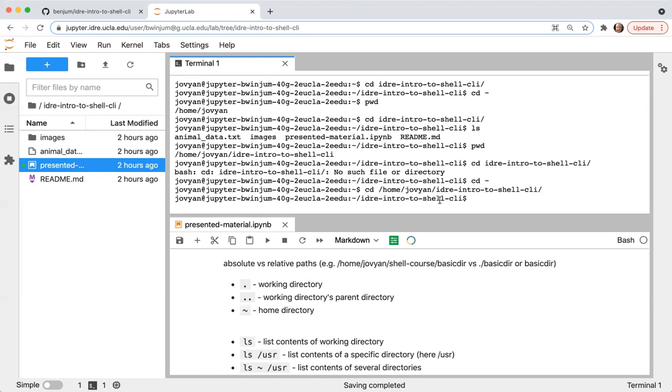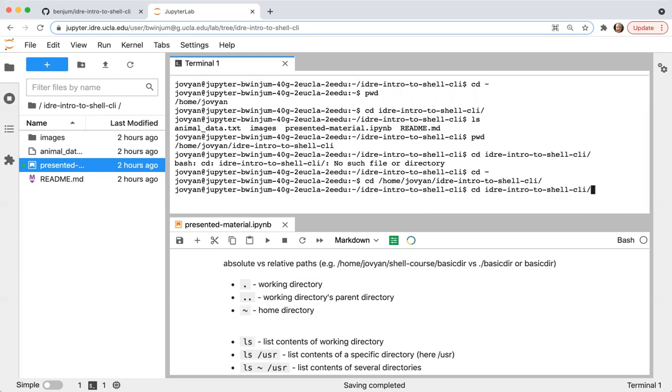It will navigate me into this. And I can also execute this command once again, even when I'm inside of this. Just to remind you, I can't execute the relative one because there's no subfolder of this one, which is IDRI intro to shell CLI. But I can type in, maybe, let's see, this one.